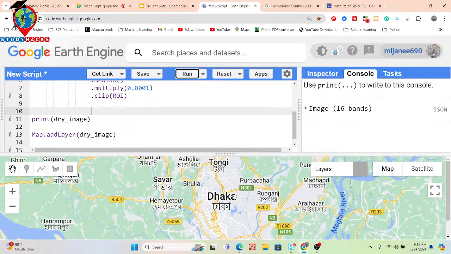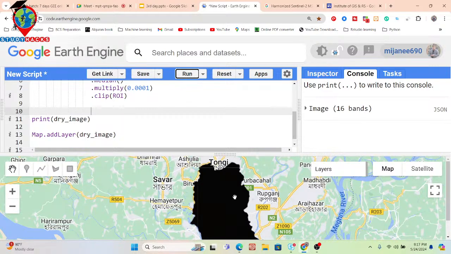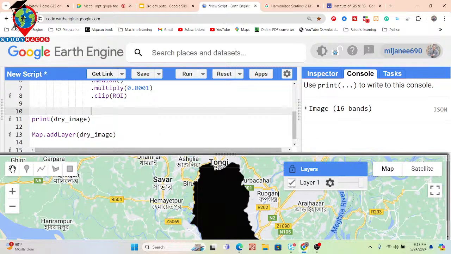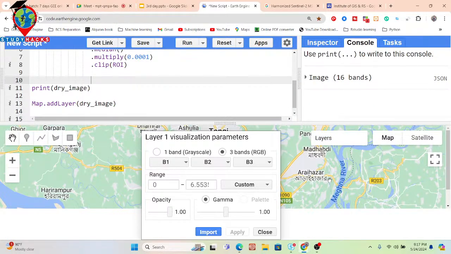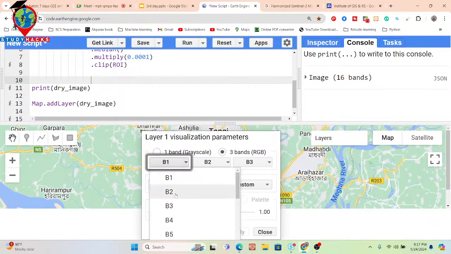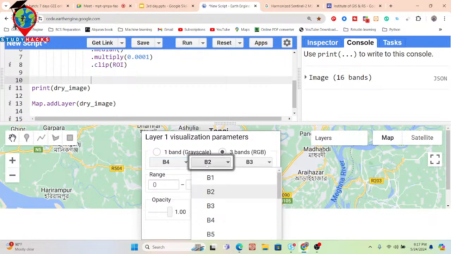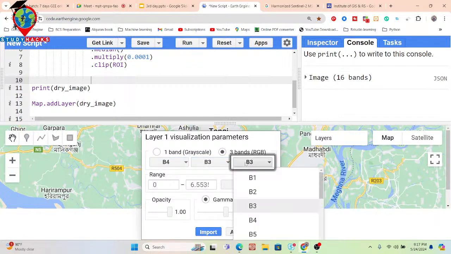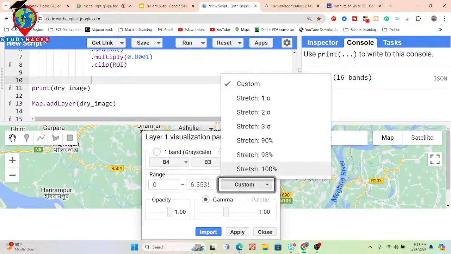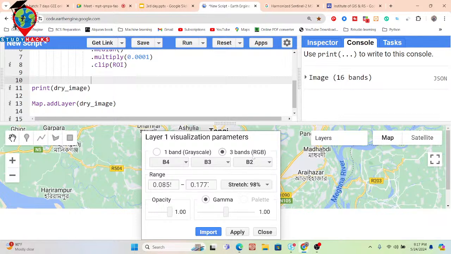It shows as a black image because I didn't import the visualization parameter. So now I simply import the visualization parameter again, then it will be set with my code. So I put here again red, then green, then blue, and stretch 98% for a better look, and then apply. As well, I also need to click on the import.